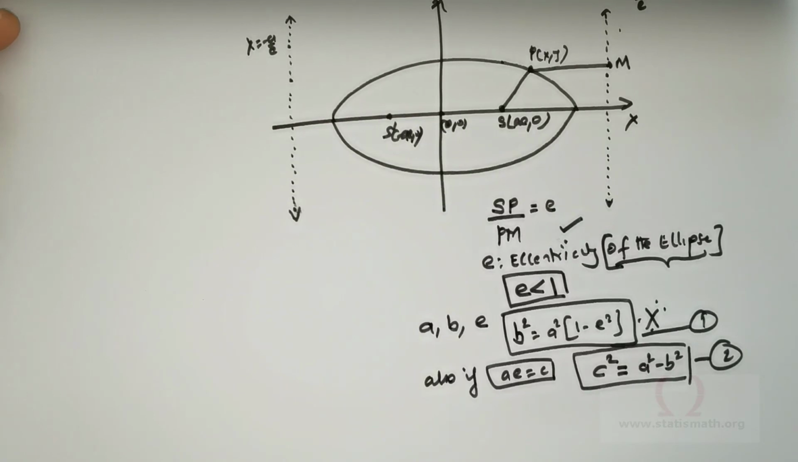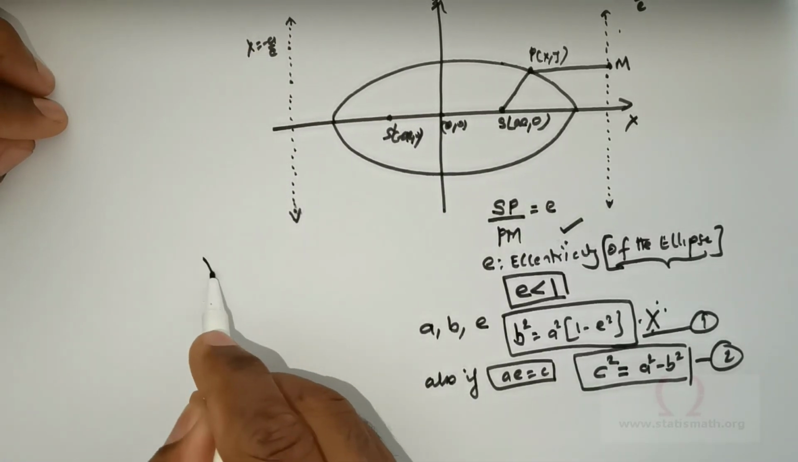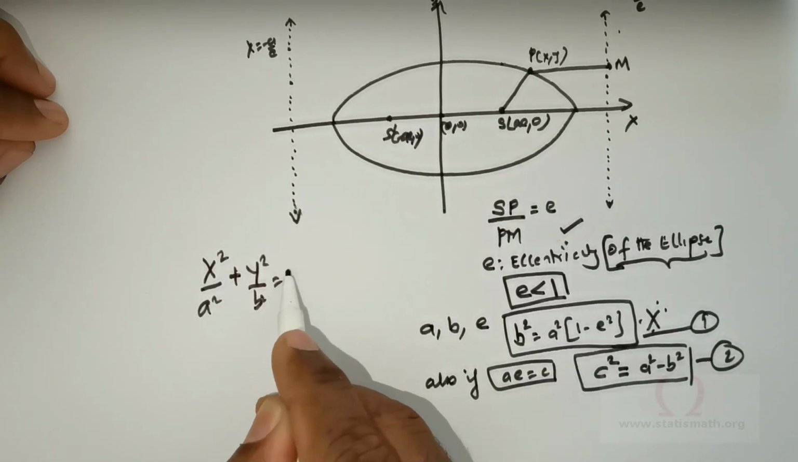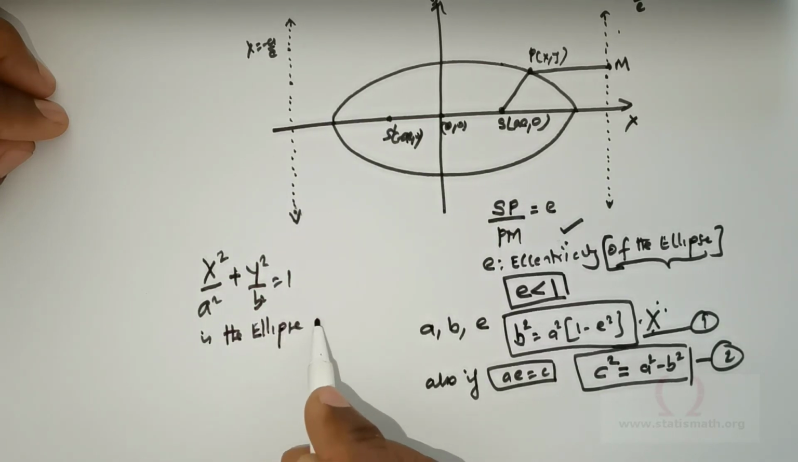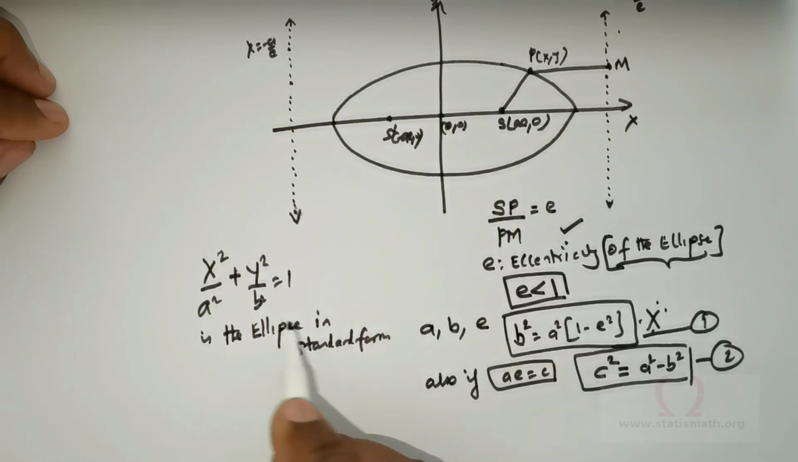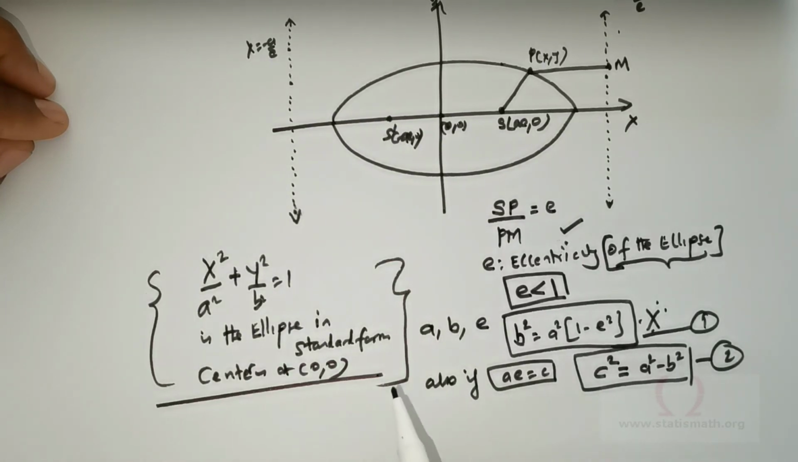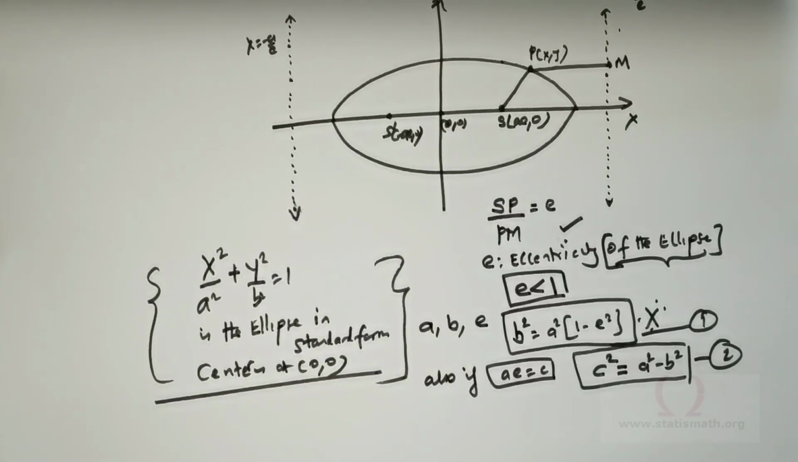Of course, I have mentioned to you the length of the major axis and the length of the minor axis. And this ellipse which we are talking about, x squared over a squared plus y squared over b squared is equal to 1, is the ellipse in standard form. Have that in mind. So when I say standard form, the center is at (0, 0). So this completes the lesson on ellipse. We will do some questions and